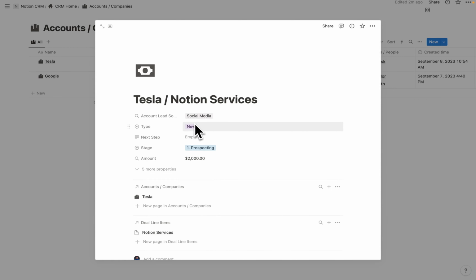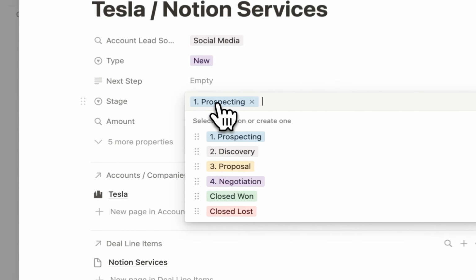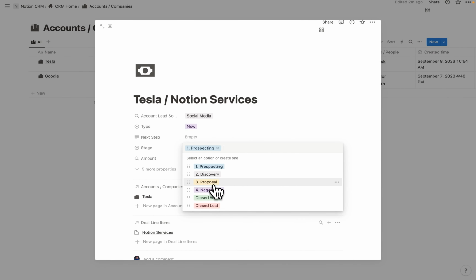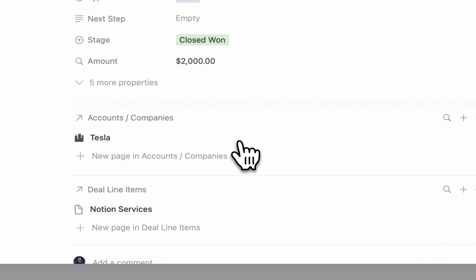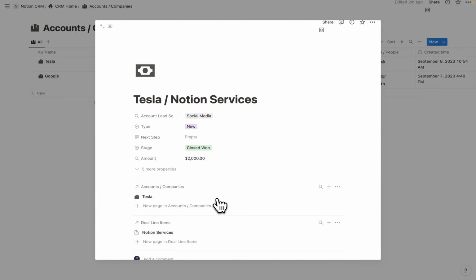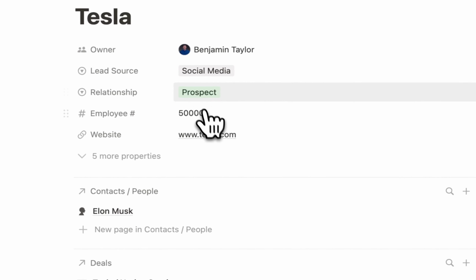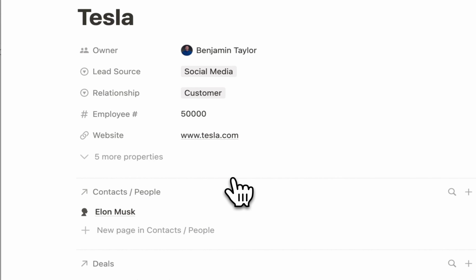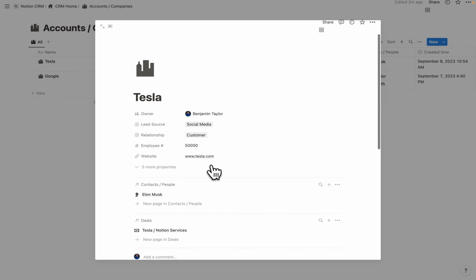And as your team is going through the process, they're obviously going to continue to change the stages. But let's say they went ahead and said yes. So we're going to go and change this deal to close one. We've officially won this deal. And now that we've moved this deal to one, let's come back to the Tesla account, and we're going to change the relationship from prospect to customer. So there you go. That's how it works from the very start of the process of working with the customer